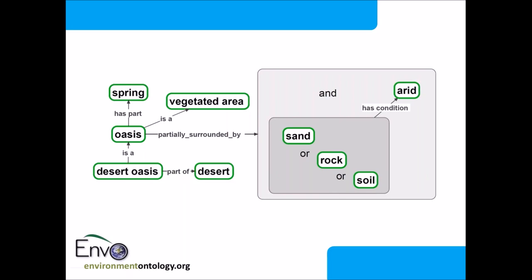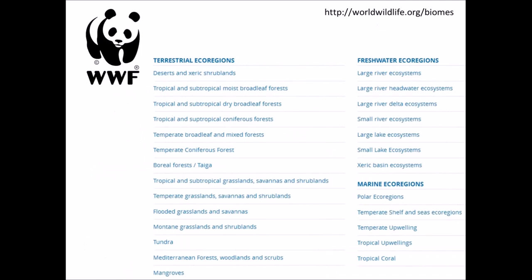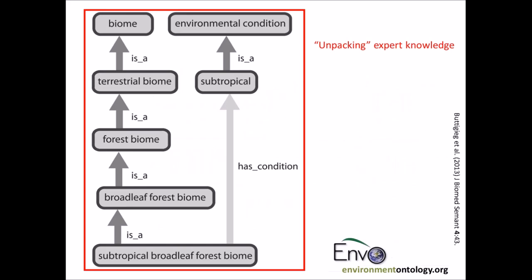This is a way to take that human knowledge and confirm that observations are linked to common conceptualizations or representations of knowledge about environmental entities. So in ENVO, the environment ontology, we have taken some standards that already exist, such as the biome classification from the WWF, and we perform something called semantic unpacking, where we take something typically written for humans, let's take these two examples here, and separate it out into other entities that a machine can more readily parse. This is referred to as unpacking that expert knowledge.